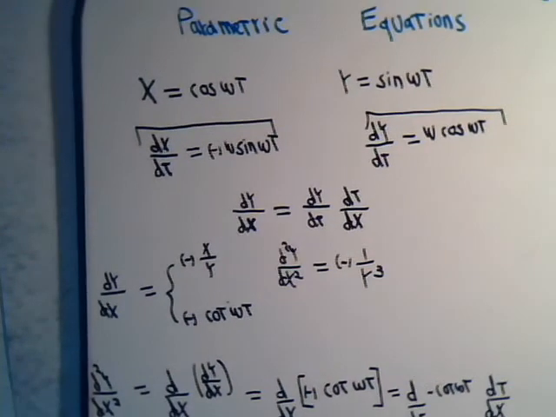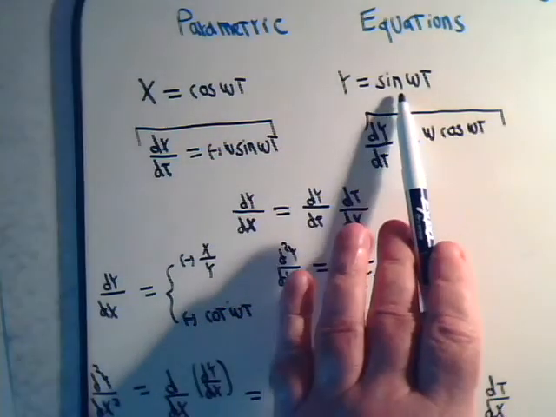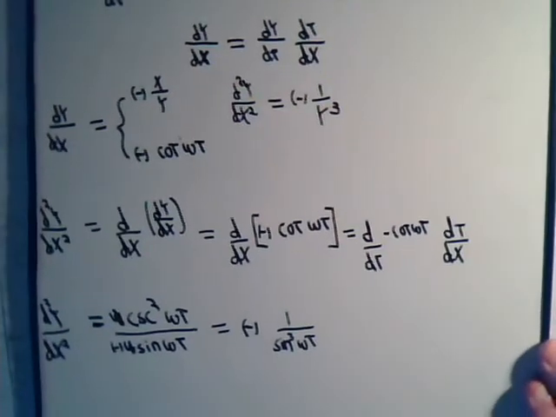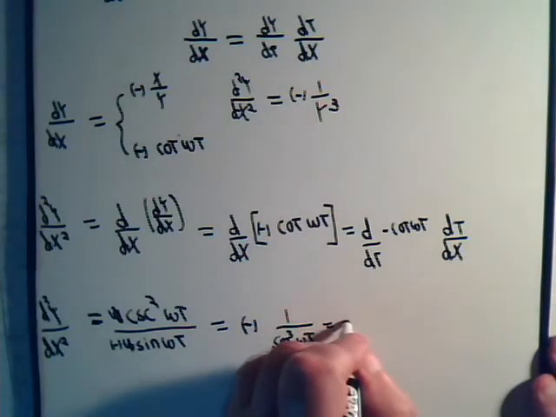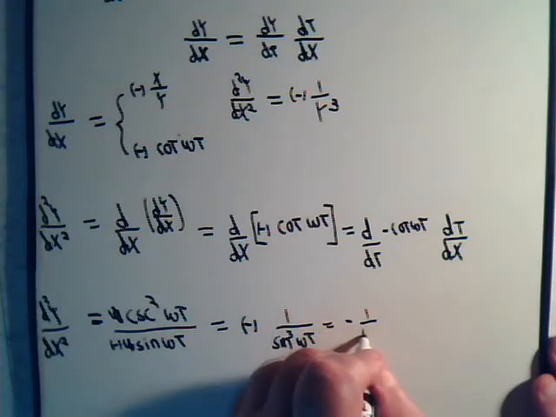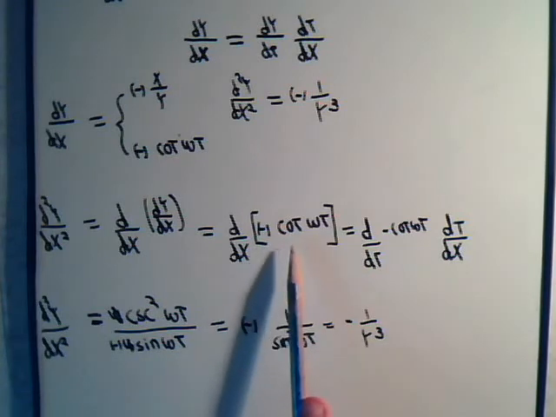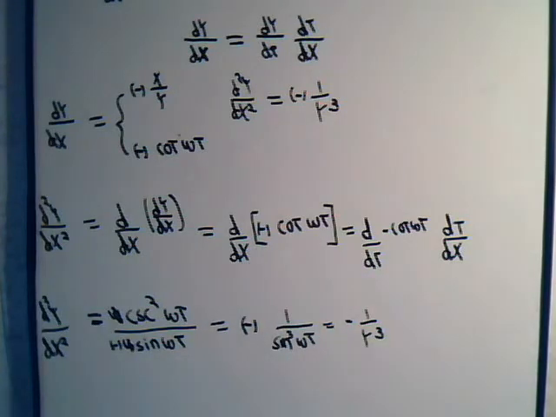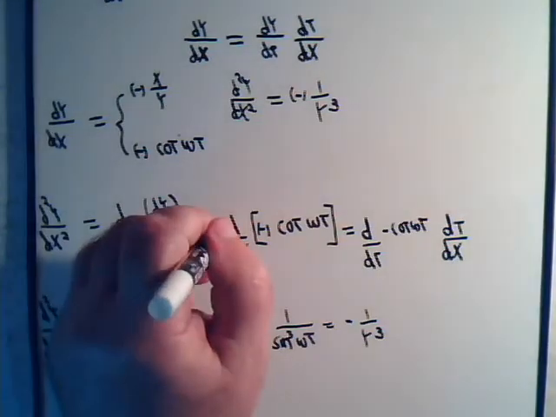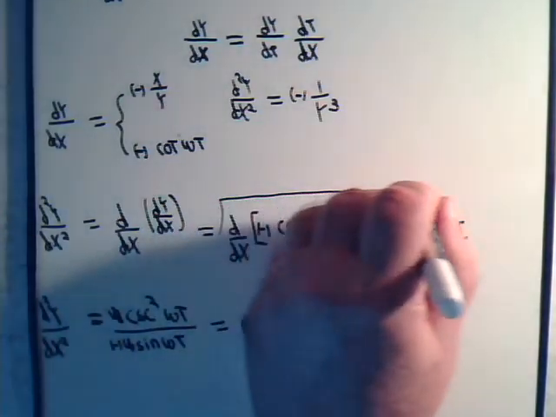And then we go back up to here. The sine of omega t is y, so it equals minus 1 over y cubed. So you can see that determining the second derivative really seemed like a simpler chore when we work with the parametric equation. The part right here, though, that we want to pay attention to is this, because this